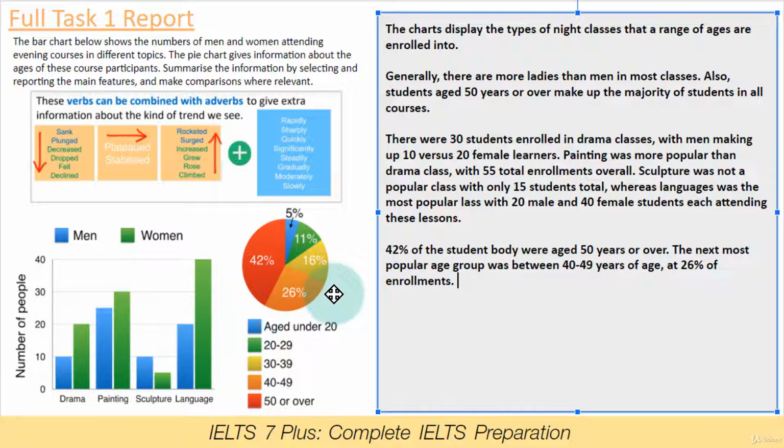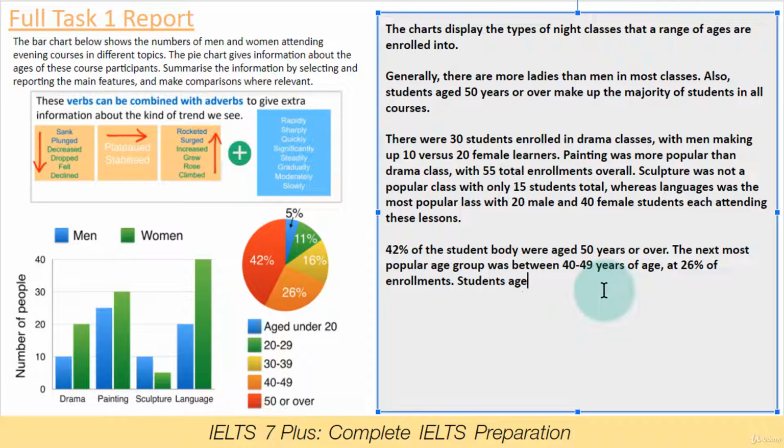Then we could maybe say, if we want to speed things up just a little bit more, plus these together. So we could say students aged under 39, or students aged anywhere from 39 or younger make up 16 plus 11 plus 15. So this is 32%. So then we can say students, this is very much speeding up our writing. I'm going to plus these two groups together because this is 16, this is 16. So I can say they're equal. So what I'll say is